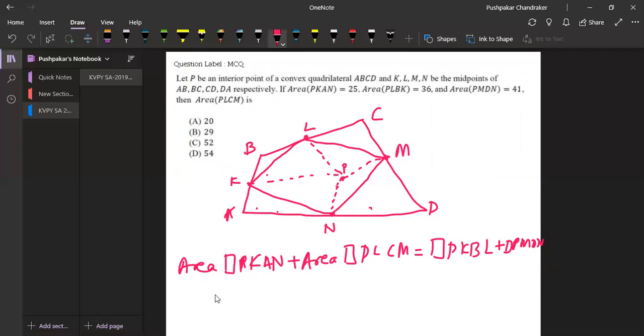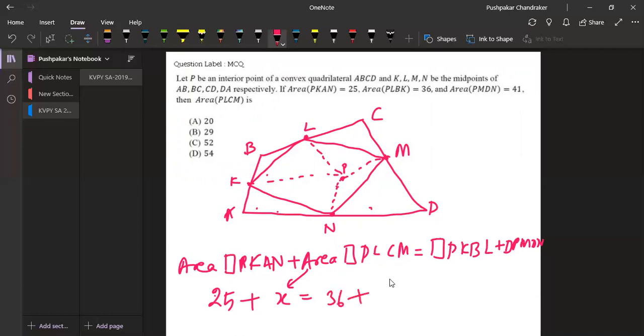First, we'll prove this property, how it comes actually. In the exam hall, we may have to prove it if you don't know. Okay, fine. So we'll write here. The values are given. PKAN is 25. This is ours, which is unknown x, is equal to PKBL. What is PKBL? PKBL is given